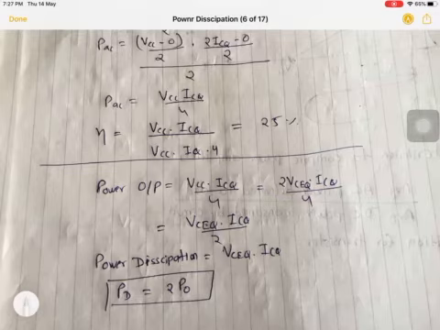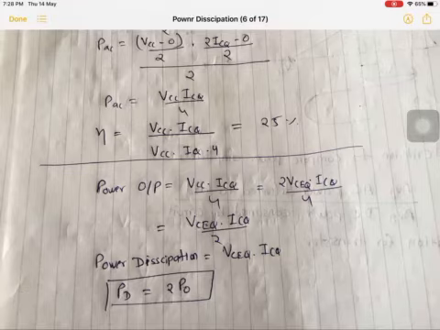Here, to get 10 watt of AC output, I have to purchase a transistor whose capacity is 20 watt. It means I have to purchase a transistor whose power requirement is almost double the output power. So it is not beneficial. It is increasing my cost of production, so I have to reduce it. I have to increase efficiency and at the same time decrease the power dissipation of the transistor compared to the output power. So what we have concluded till now in class A is that efficiency is less and power dissipation is almost double the output power.